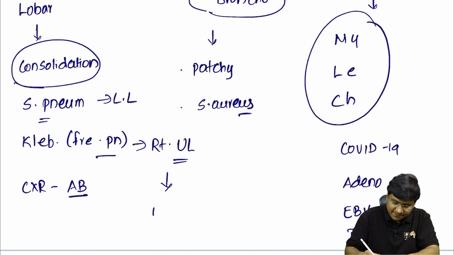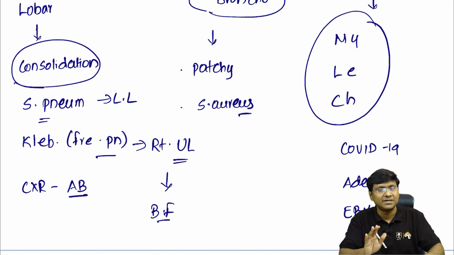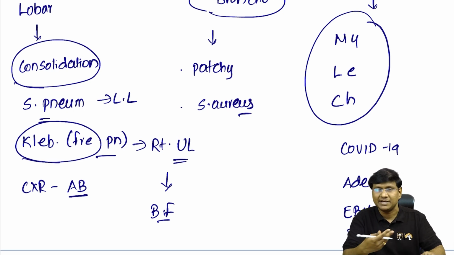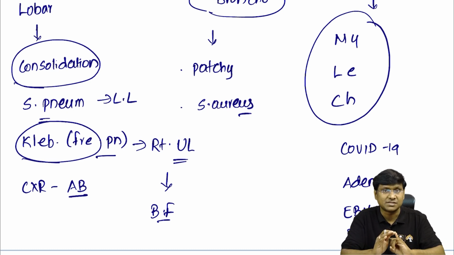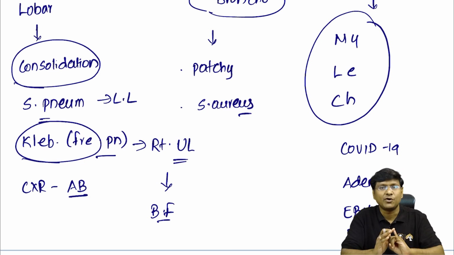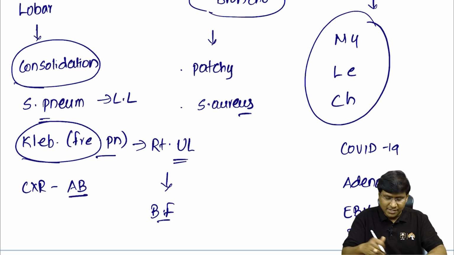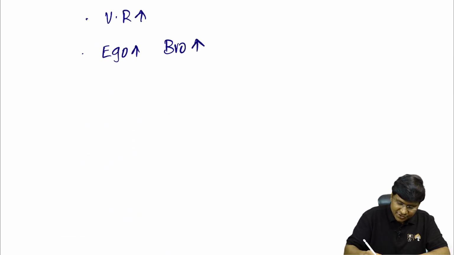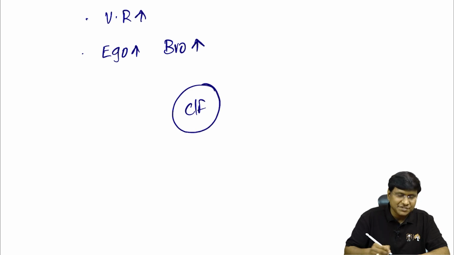And this we call the bulging fissure sign in case of Klebsiella pneumonia. And Klebsiella is more severe compared to Strep pneumonia. In Klebsiella pneumonia, lung abscess is very frequently formed. There is development of pleural effusion, and there is also cavitation in case of Klebsiella. Whereas in Strep pneumonia, abscess formation is rare, pleural effusion is rare, cavitation is rare. Okay, so that is what you will observe in case of Streptococcus pneumonia, right? Then coming to the clinical features that you will observe in case of pneumonia,